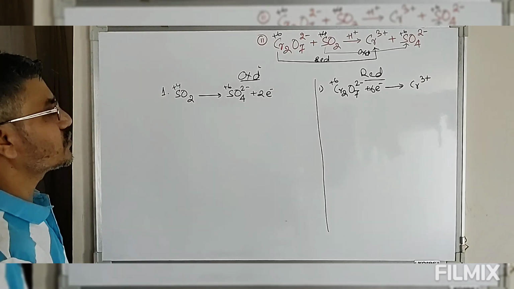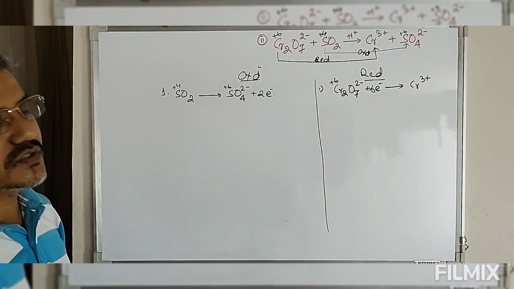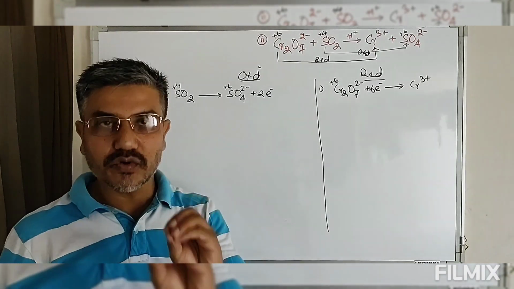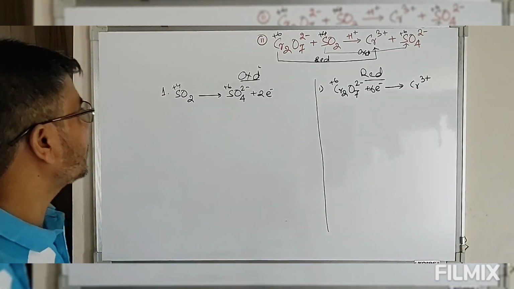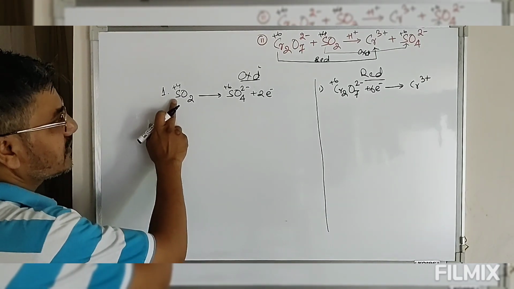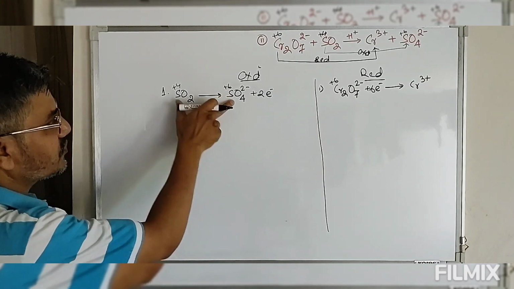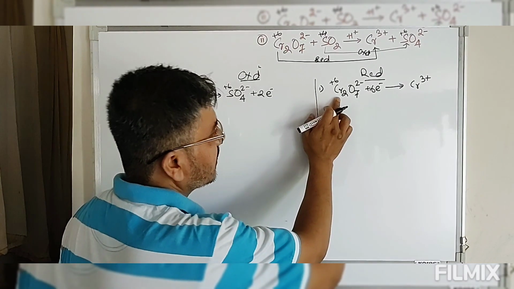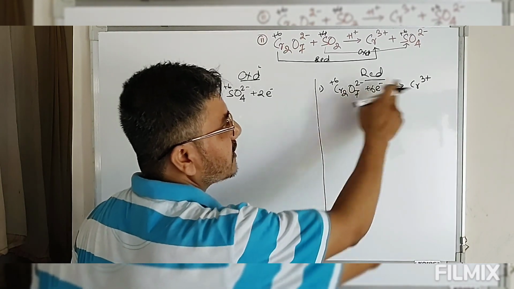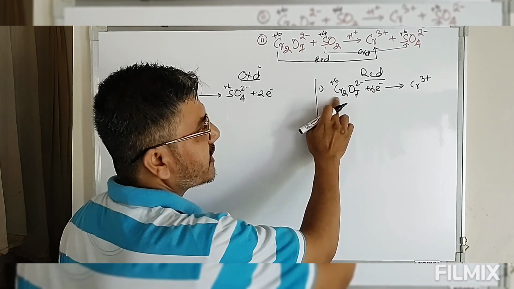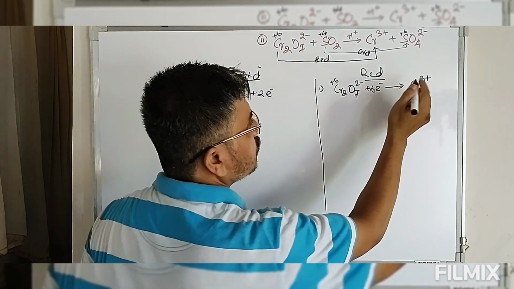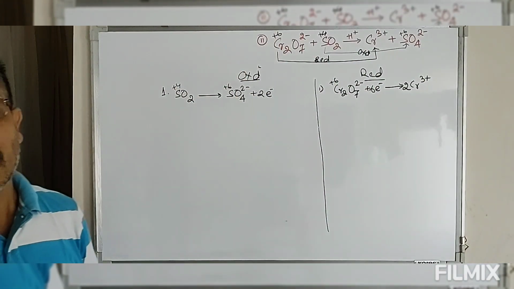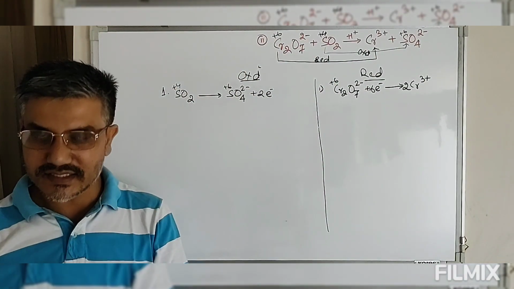Now this is the first rule, separation. Then rule number 2 says balance the atom of the element undergoing change in oxidation state. तो यहाँ पे look at this, sulfur, one sulfur because sulfur is changing in oxidation state. तो 1 1 balance. If you look at this, यहाँ पे chromium is the one which is undergoing change in oxidation state. Left side chromium is 2, right side is 1. So we multiply this by 2 so that the atom of the element undergoing change in oxidation state is balanced.